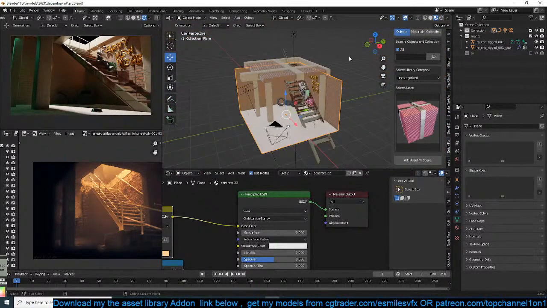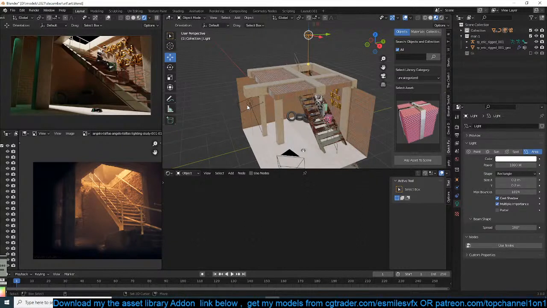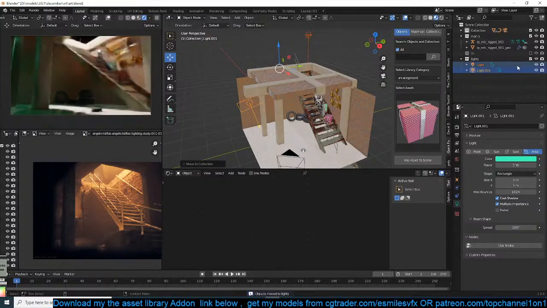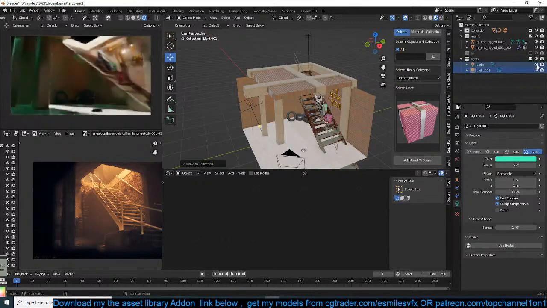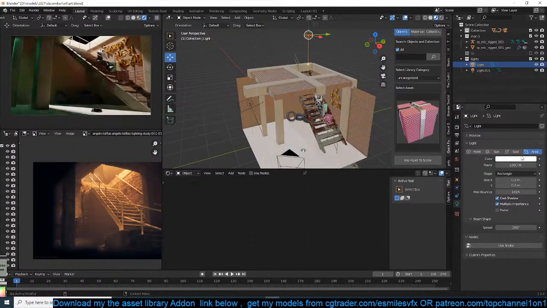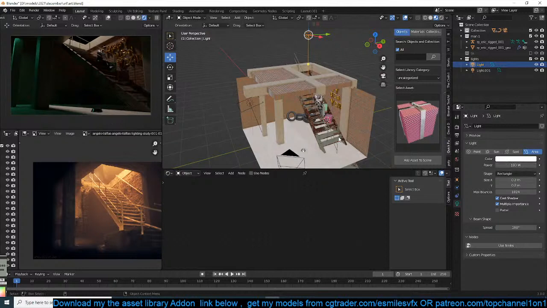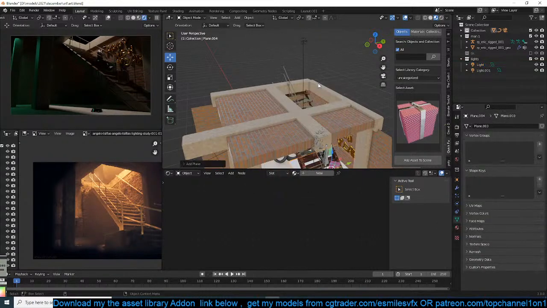And when I'm not sure about the lighting, what I usually do is just move all my lights to a new layer. I'll call it lights, and switch off one by one just to see how things look. So I think having our light from this direction is going to make things more dramatic, but we might also need a fill light. The problem is this side here is a bit dark, so let me add maybe